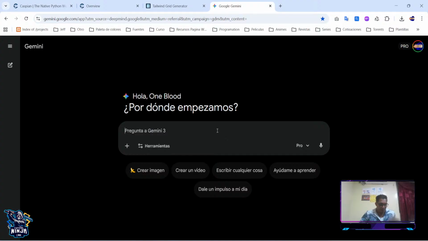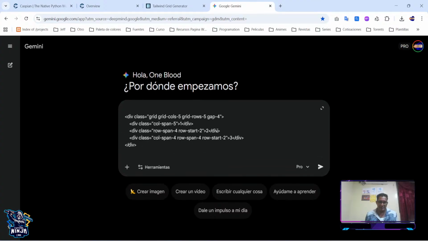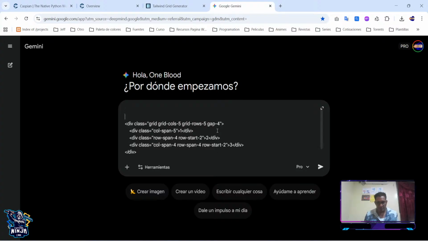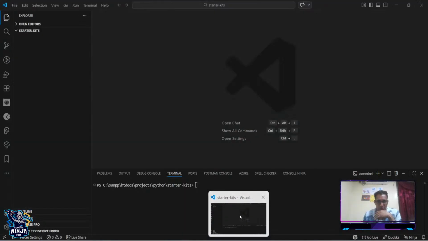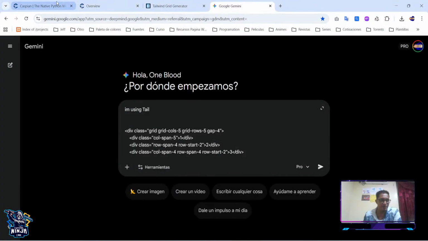So the next thing is to paste in this case, and give context to the artificial intelligence. So I'm using Tailwind CSS, but I think before using this, what we're going to do is